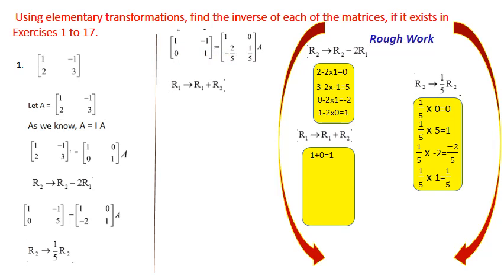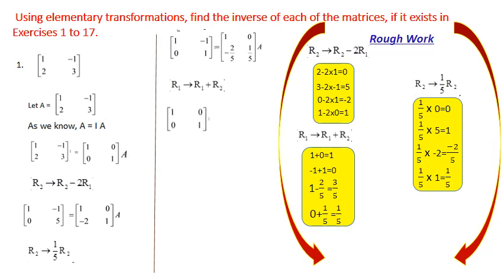First one is R1, 1 plus 0. 1 plus 0 is 1. Next element is here, minus 1 plus 1. Minus 1 plus 1 is equal to 0. Next we have to move here, minus 2 by 5 and 1. That is 1 minus 2 by 5. 1 minus 2 by 5 is 3 by 5 here. Next is 0 and 1 by 5 we have to do. That is 0 plus 1 by 5. R1 plus R2, 0 plus 1 by 5, that is equal to 1 by 5.